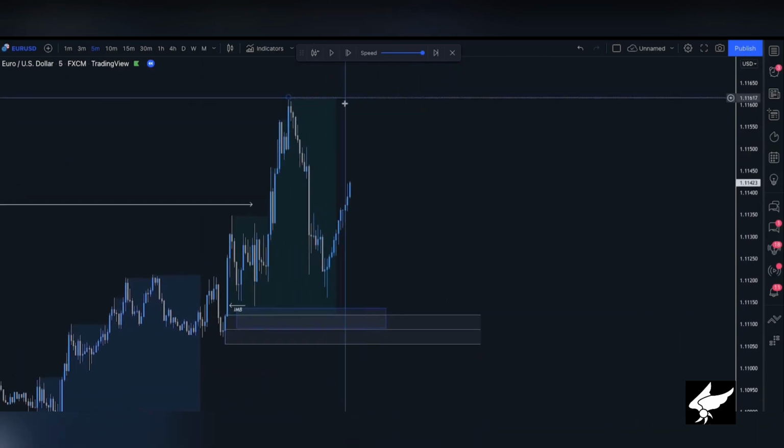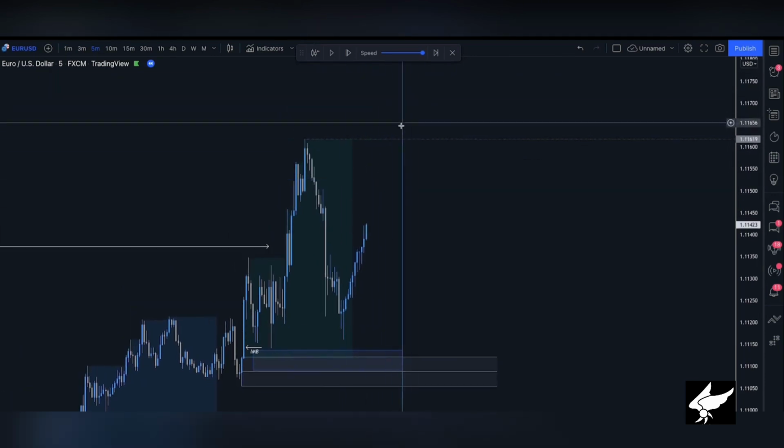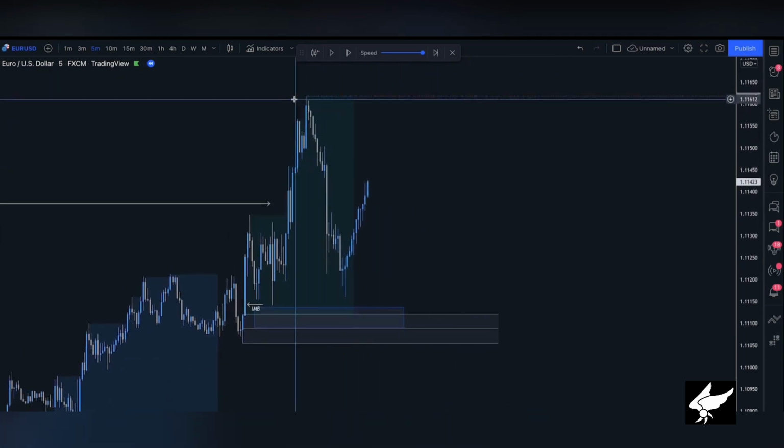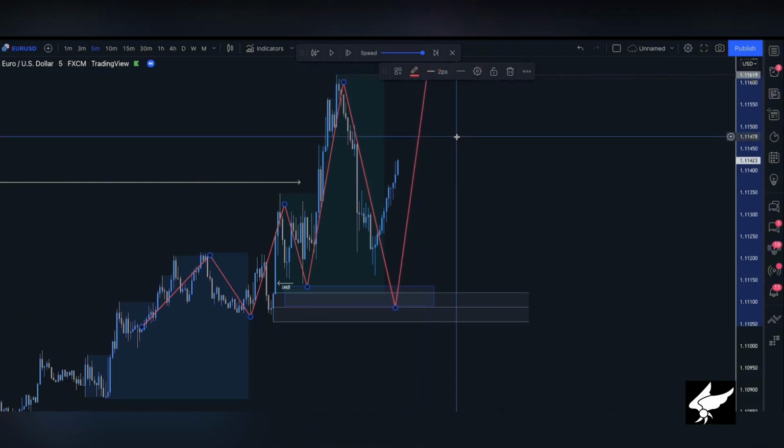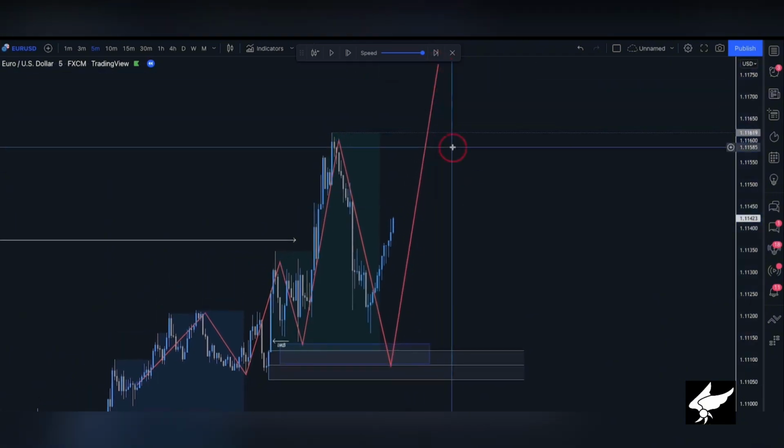So what we could look for is to target new highs. We could obviously look for extended targets, but for this example, we'll just run with this high. Why would we go for that? Well, we know we are in an uptrend, right? We have these higher highs and higher lows forming. So if we can come down, liquidate these positions, we'll probably easily fulfill this and then potentially move on further